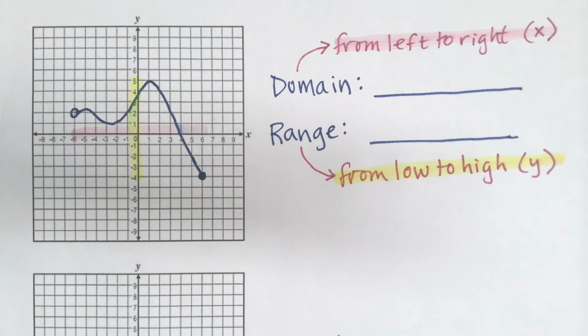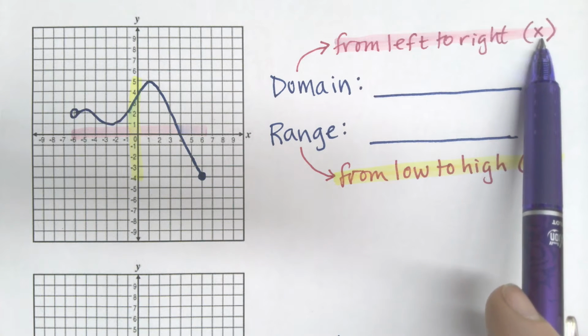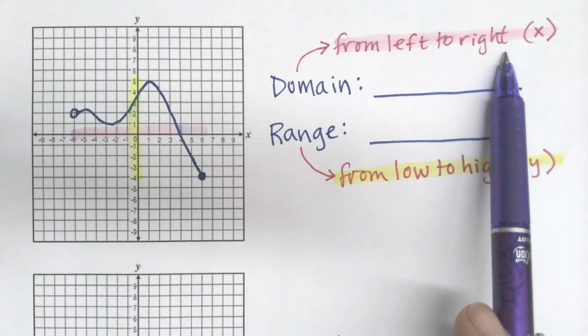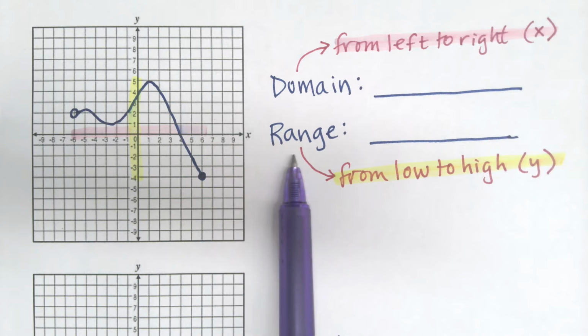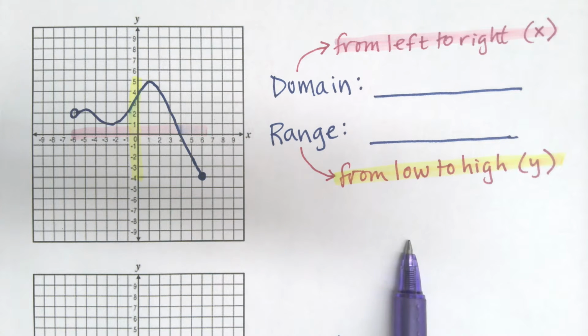Hopefully you've been watching the videos and following along as we go. We're going to talk more about domain and range. When you think about domain, it's typically your x values, and we look from left to right to find our domain. Range is typically your y values, so we look up and down to find from the lowest point